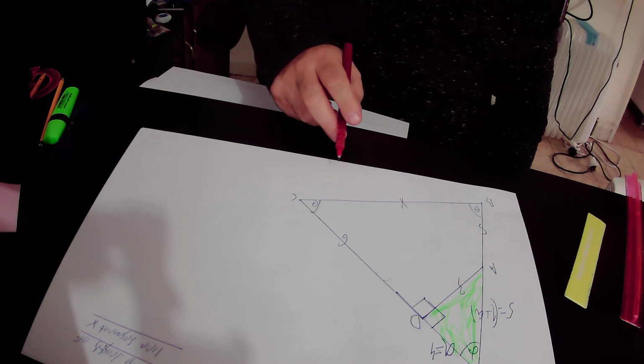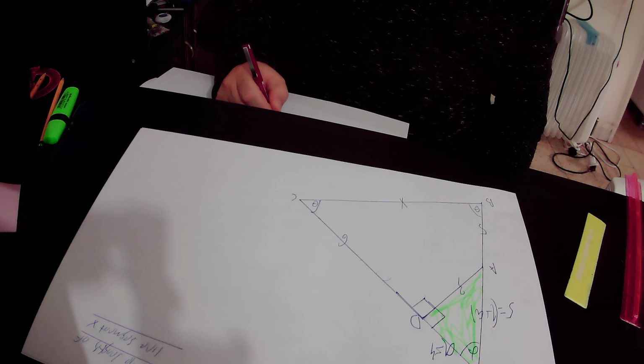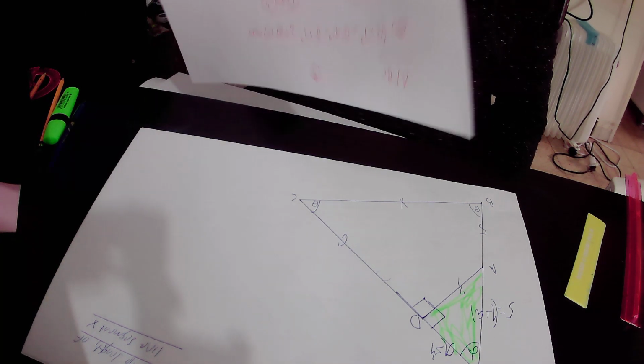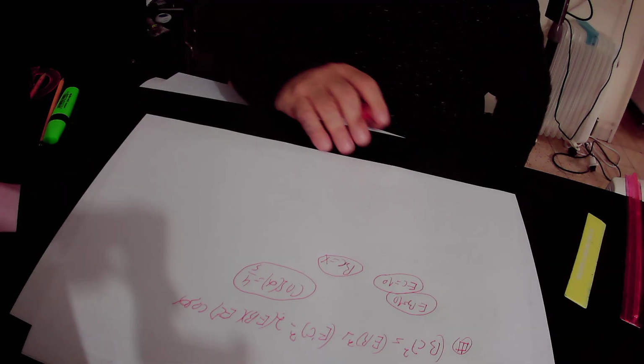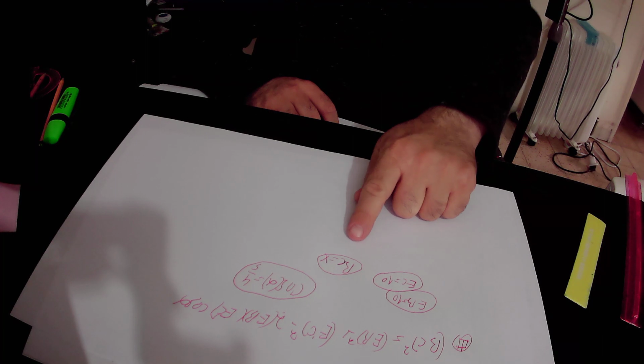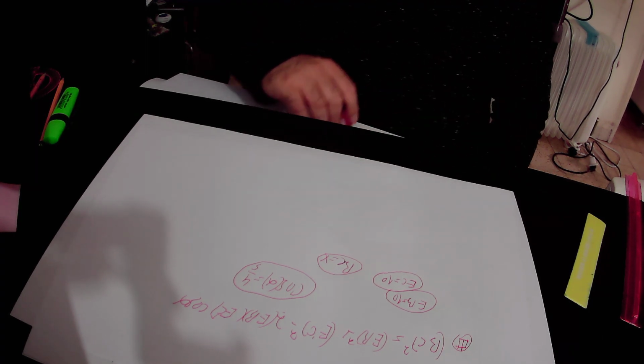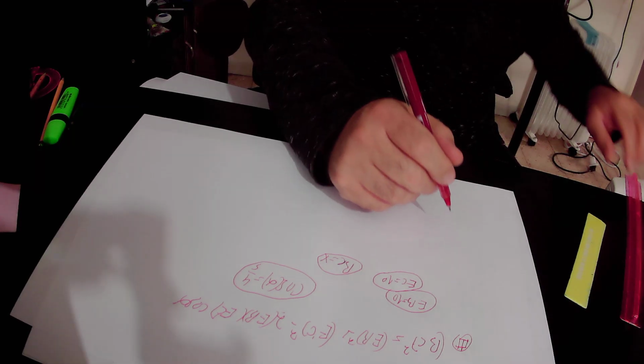And BC equals x, so we substitute BC by x. I'll repeat again: EB equals EC equals 10 units, BC equals x, and cosine alpha equals 4 over 5. So according to equation number 3,